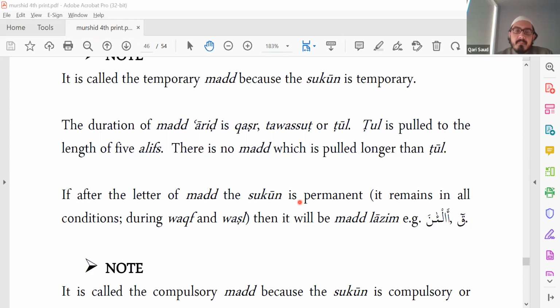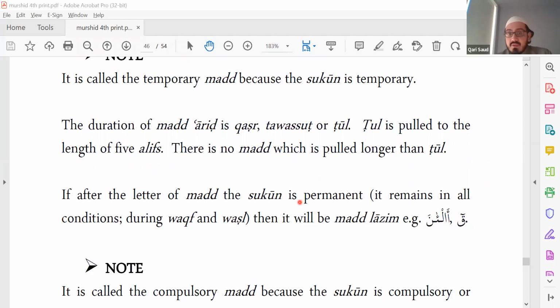Someone asked here, is that 2, 4, 6 seconds? I don't know if you were here earlier in the class, but I used the timer and I showed how long a second is. Okay, so we're not talking about seconds. It's not seconds.